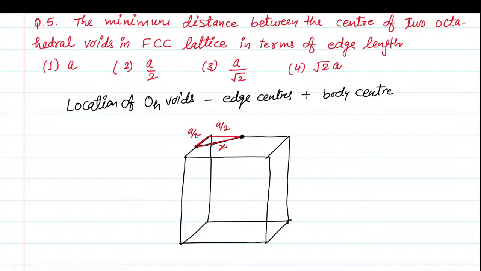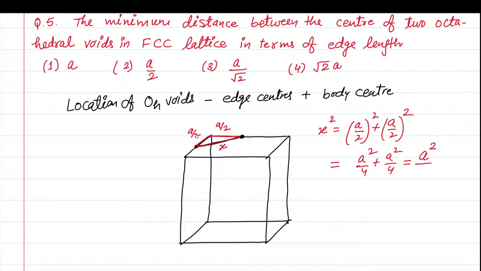So apply Pythagoras. x square equals a by 2 square plus a by 2 square. That implies a square by 4 plus a square by 4. That means a square divided by